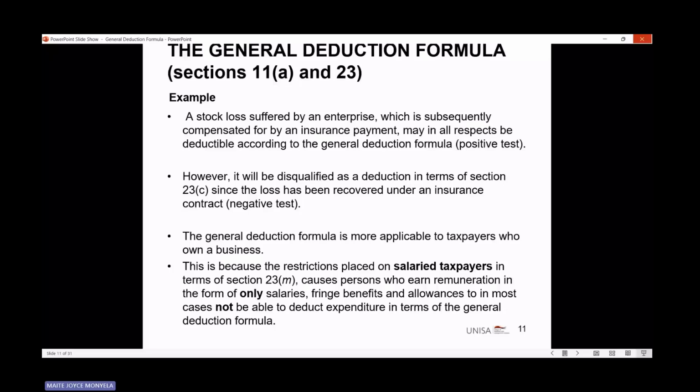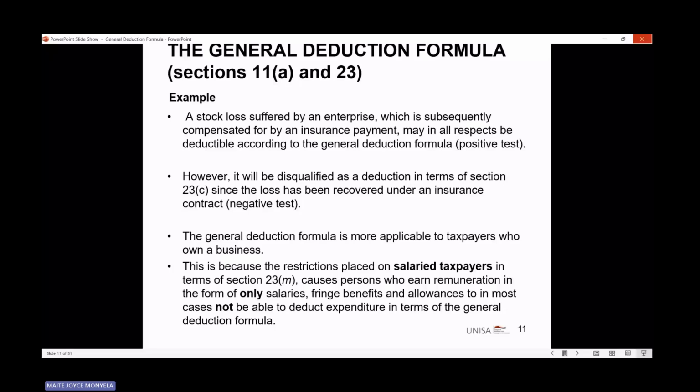So the general deduction formula is more applicable to taxpayers who own a business. This is because of the restriction placed on salaried taxpayers. Remember, we talked about the trade. We said the salary